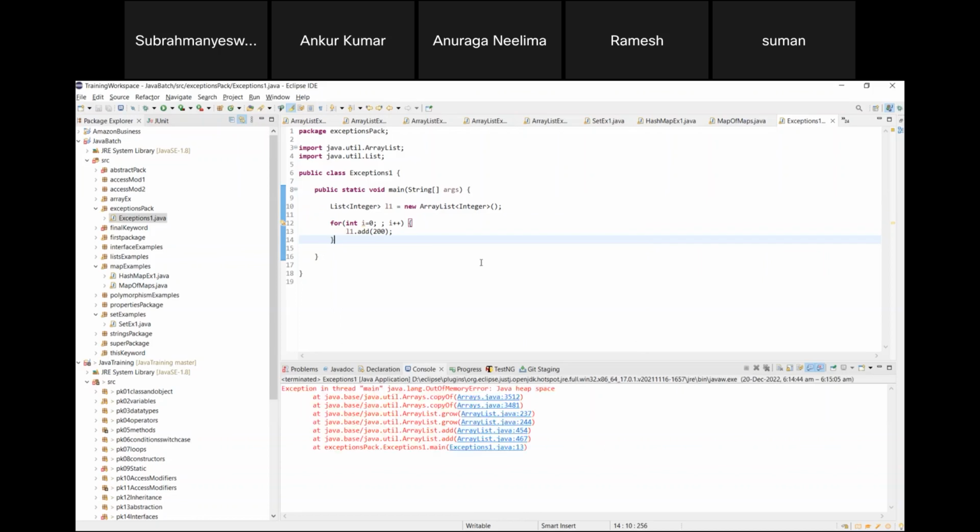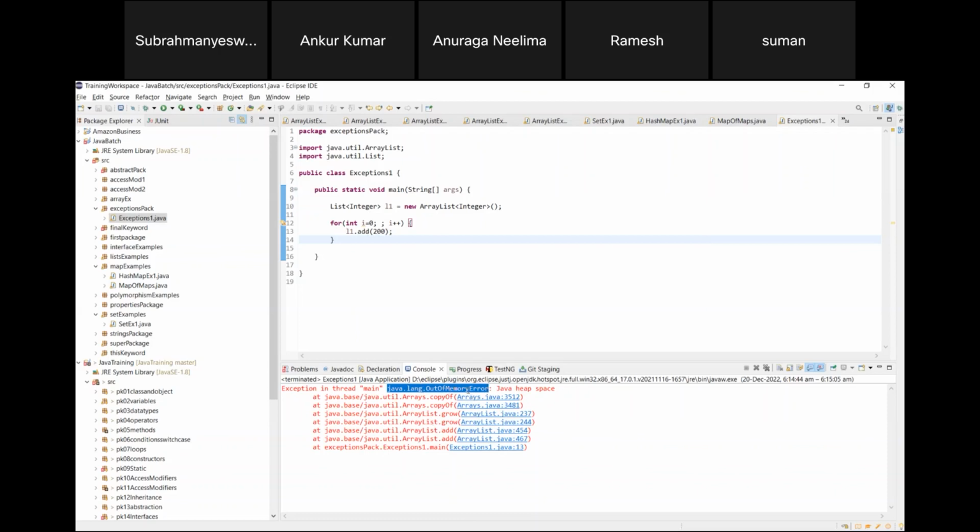Okay, so it executed, it went into a continuous loop. Finally, it threw an error. Okay, what is that error? This is also called like an exceptional loop, but it is java.lang.OutOfMemoryError. Okay, because this will be added to this list and finally the whole memory is filled with this one, with this list itself. That is why it is showing